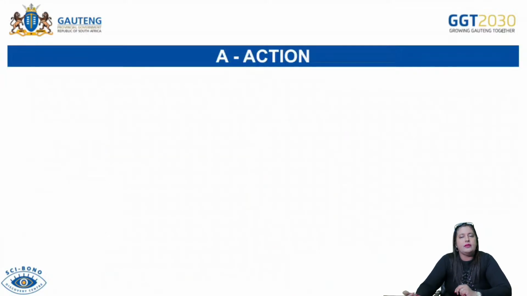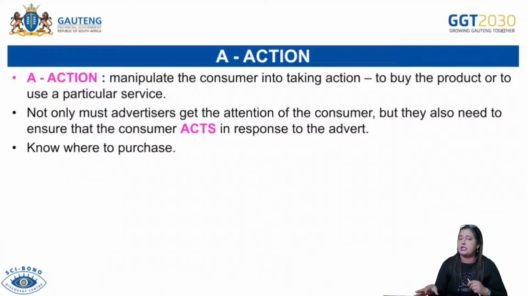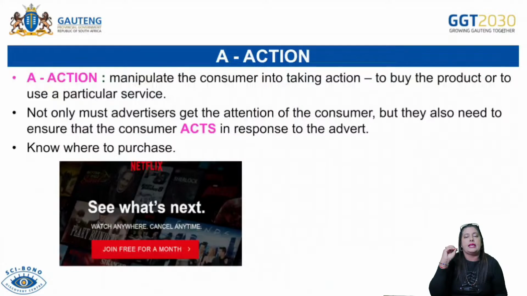Right. So the other aspect is then talking about the action. Once you've got the desire right, we now want you to go out and buy the product or buy into the service. So we manipulate you to take action. So here, what happens? They will give you information in the text in terms of where to go and buy this particular product, or where you can go and get more information about the service that's being offered. And that would also be in terms of the language being used. They would say, for example, for as little as 5 Rand 99. All right, that